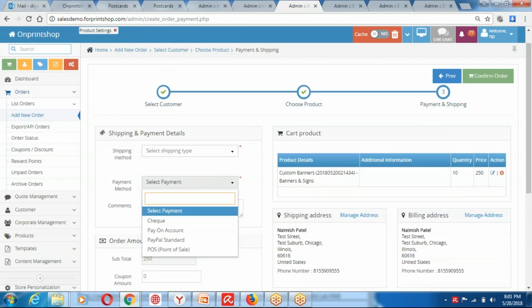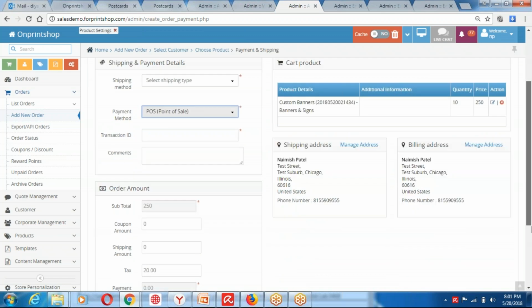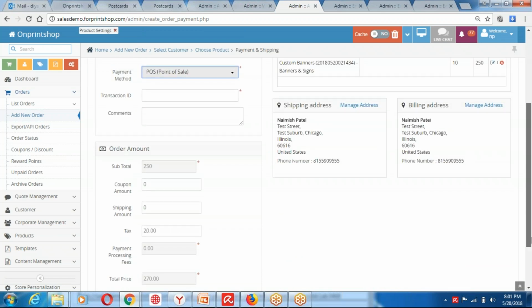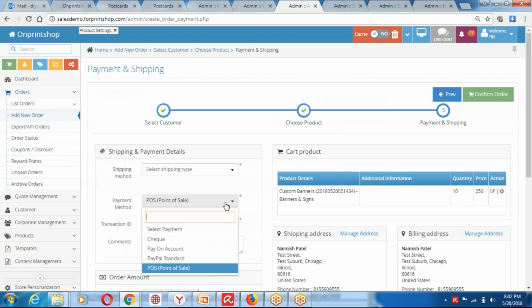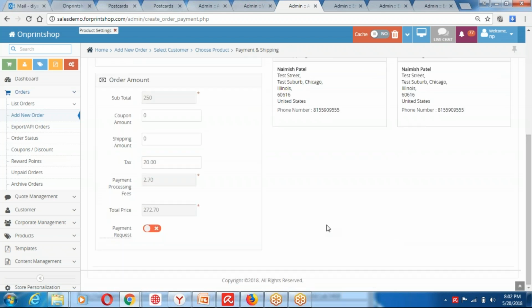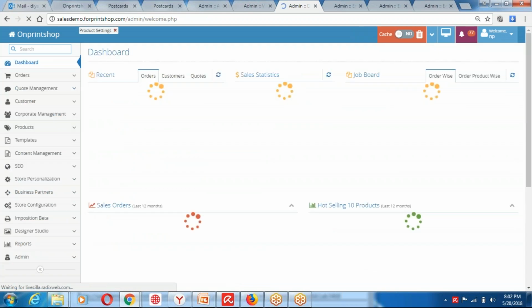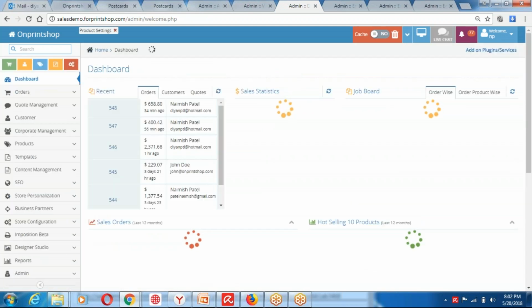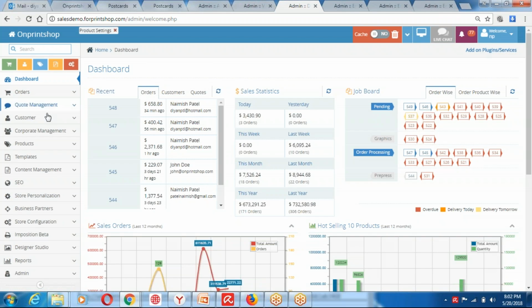I'm selecting the payment. Now there are multiple ways you can take this order. Maybe the customer walked in, then we have a point of sale because you are collecting payment in the shop. So you can put in a transaction ID and take this order, or if that order is received on the phone, you can send them a payment request. You already have online payment gateways integrated in the system, so you can send the customer a direct payment request. This way, the communication with the customer becomes very easy and prompt, because all your quotations you're able to manage efficiently, very fast from the system.